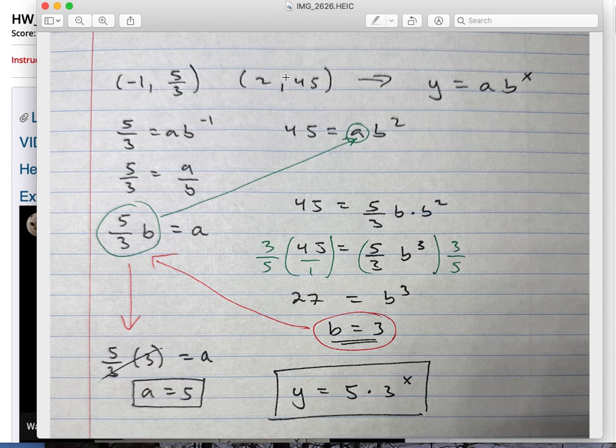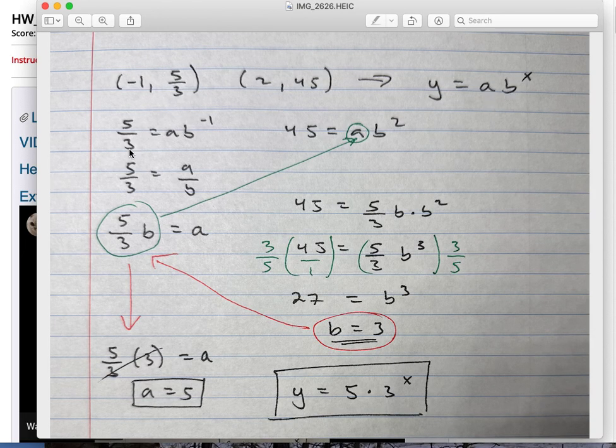So we start off with these 2 points, and we know we're trying to write an exponential equation, so it's going to take the form y equals ab to the x. And what I have here is an x and a y in each of these ordered pairs, right? It's an x and a y. And so I have 2 points, and I have 2 unknowns in a and b. So what that means is I can write 2 equations using these x's and y's, and then figure out a way to combine them and solve for each of those unknowns, which are the a and the b, the coefficient